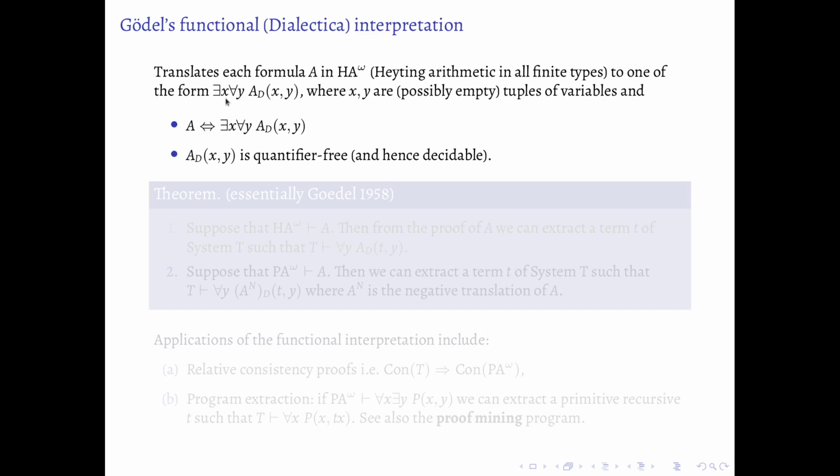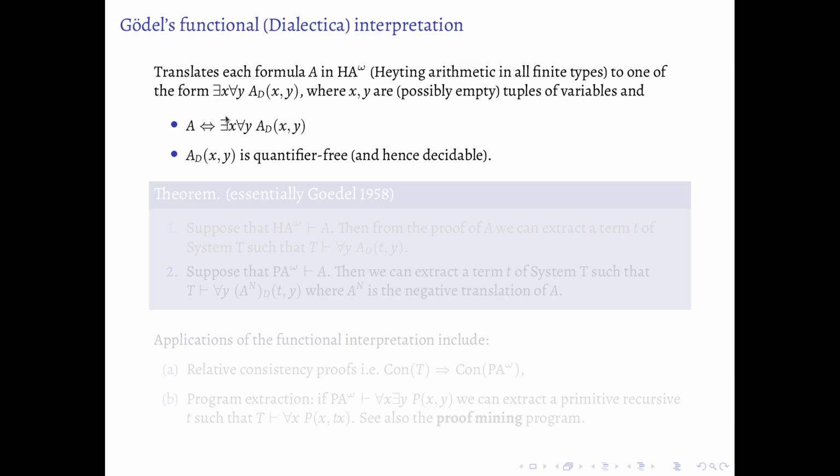Here these variables are possibly empty tuples of variables, and there are two key properties. The first is that this inner formula is quantifier free, so the translation acts as a kind of Skolemization. It draws all the quantifiers out, so we have a stack of exists and a stack of for alls, and then something quantifier free on the inside. But the idea is that this preserves validity,